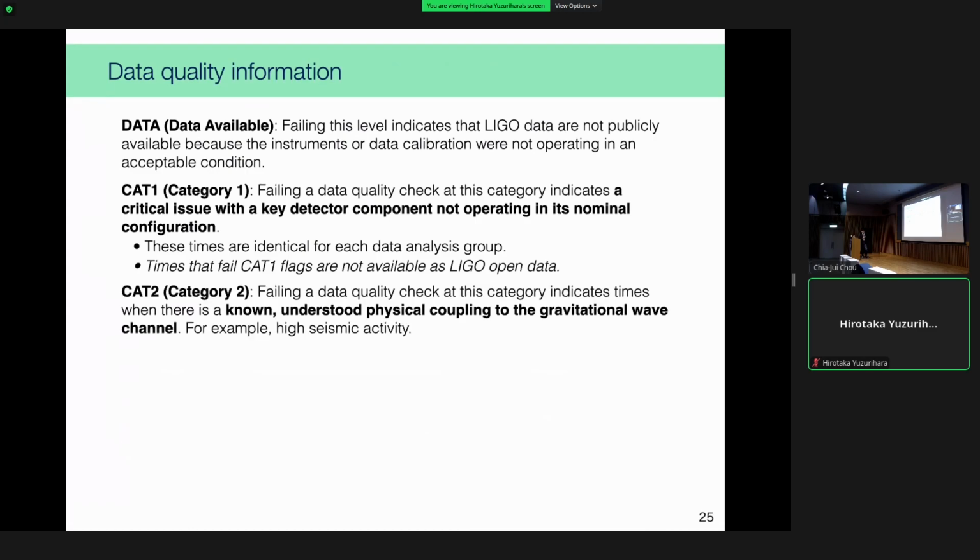So the next category is CAT2. Failing the data quality check at this category indicates times when there is a non-understood physical coupling to the gravitational wave channels, for example, high seismic activity. Before starting an observation run, experts try to identify the cause of non-stationary noise. But if they know that there is non-stationary noise but they cannot identify the cause,